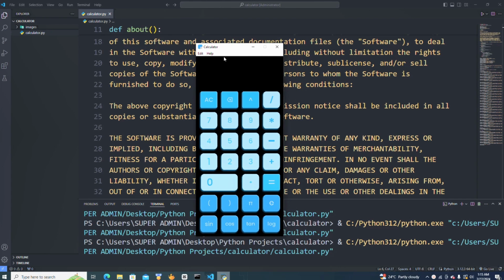So let's do some calculations. First let's try addition. Let's say I can add anything, like see, this is working. So let's try to add a lot of values. You can see this is also working right here. Now let's also try, you can see the AC is also working. Let's also try the